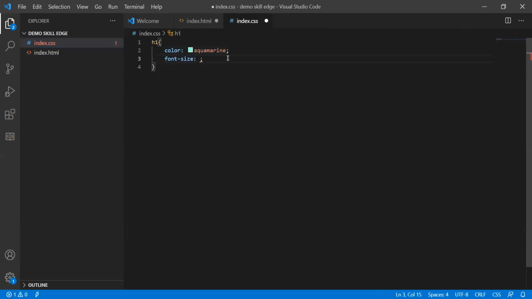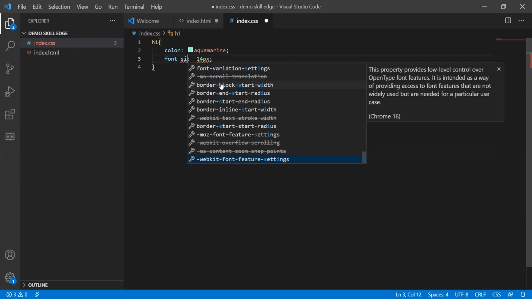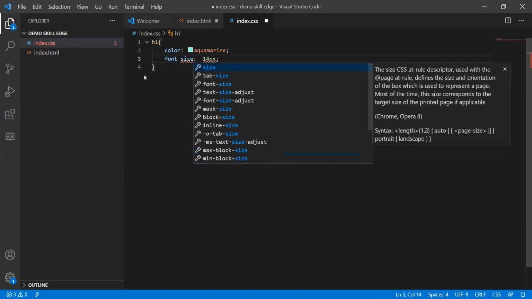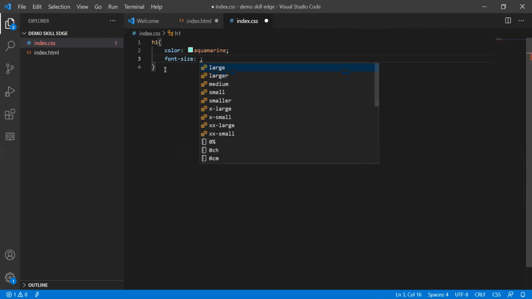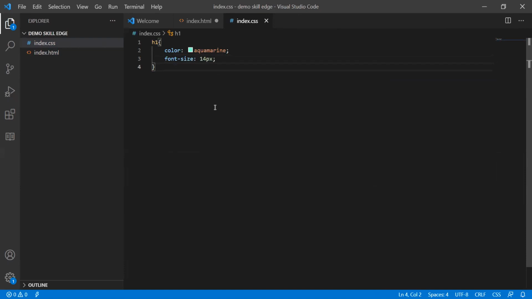So here I have just applied a color for this and a font size of 14 pixel. We have created this. I'll share the output now.